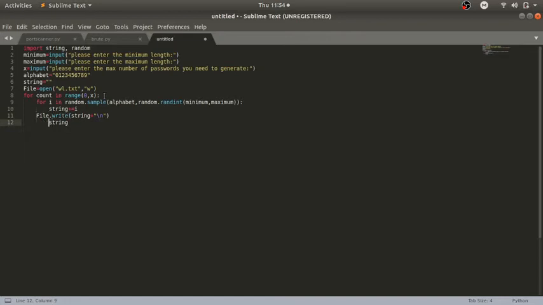We need this over here actually, sorry for that. I think string equals to this, and we need to close the file, file dot close. After writing the file you need to close the file in order to save the file. Okay,